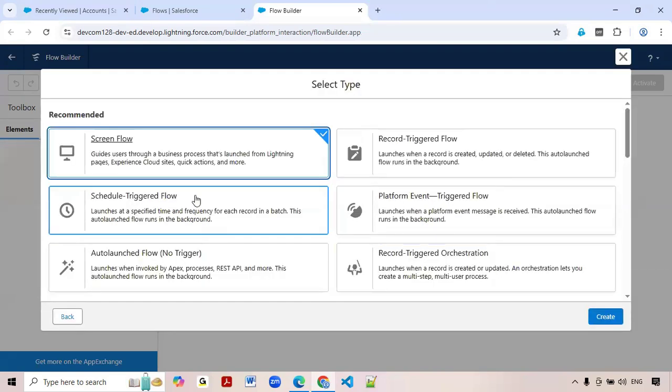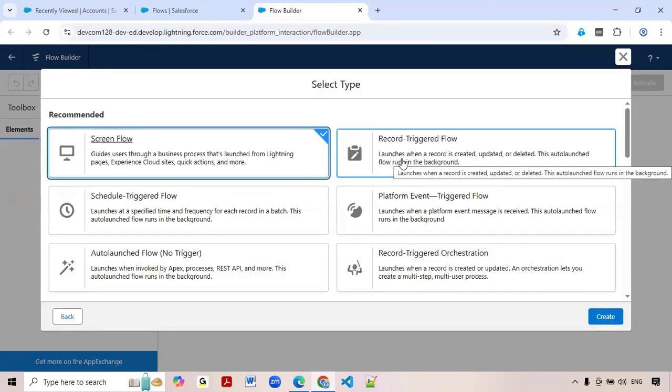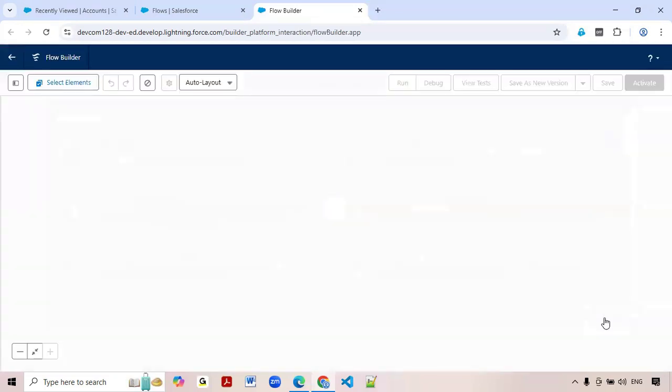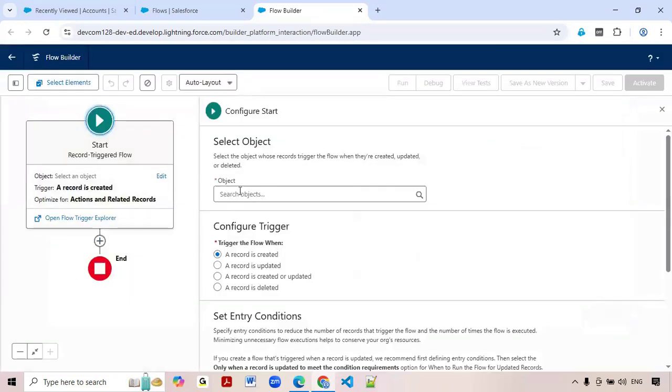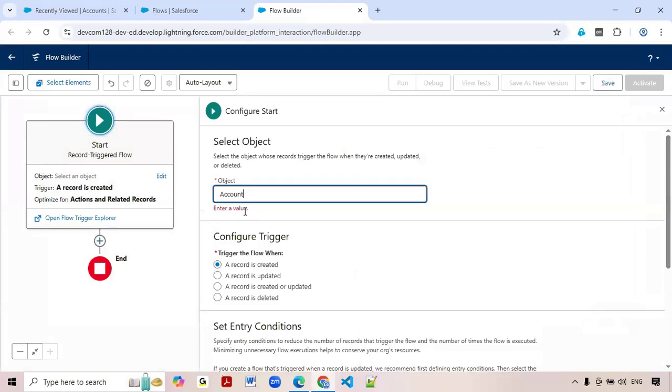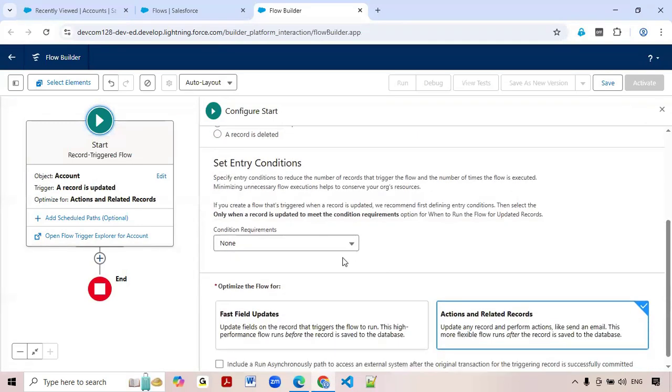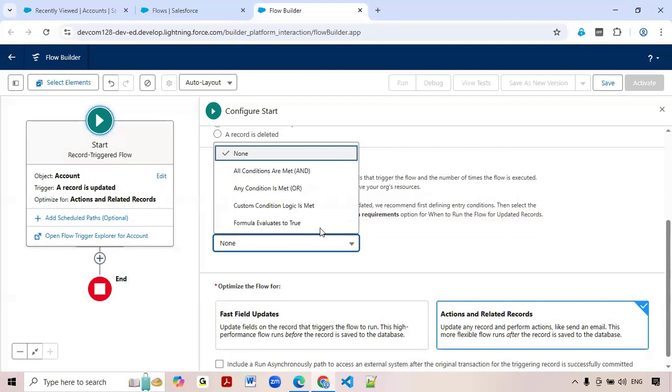Here we can choose a record-triggered flow. We need to execute this use case in the background. Let's click on Create. Here the object is Account, and since it should run only at update time, we select update. For the criteria here,